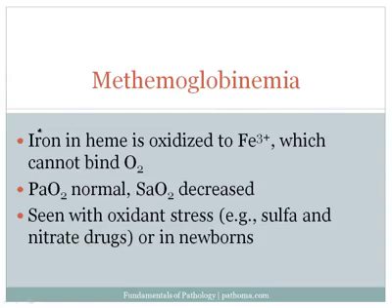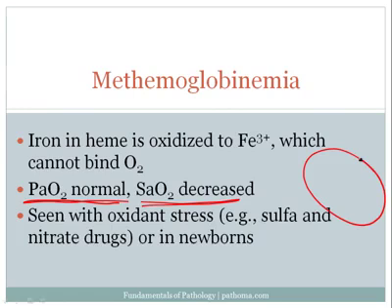Now in this particular case, the PaO2 would be normal, and we've already covered this. There's no change in the FiO2. There is no change in the PAO2. The lung is able to fill and gather oxygen and blow off carbon dioxide appropriately. And so the PaO2, the partial pressure of oxygen within the blood, would be normal. The SaO2, however, is decreased because the red blood cell is only able to carry, for example, 2 molecules of oxygen instead of the normal 4. That would be a 50% saturation, and so the SaO2 would be decreased.